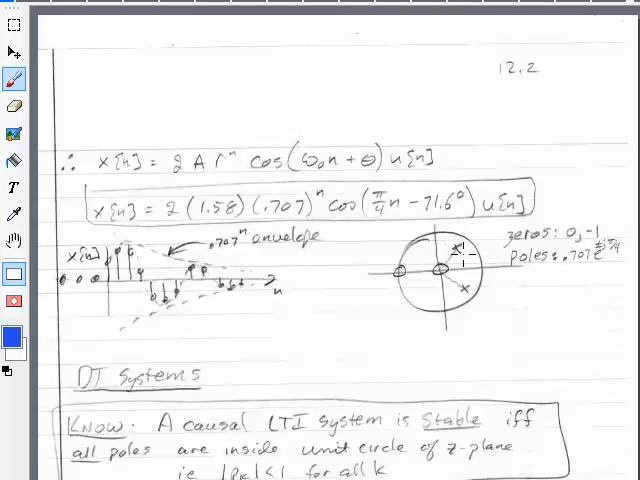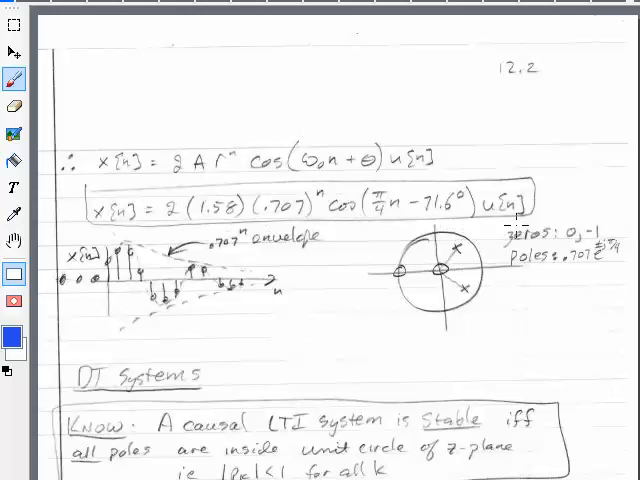So to finish this example, remember we're going to plug in A, R, omega naught, and theta. We got A and theta from the residue. Remember, the residue was 1.58 with an angle of minus 71.6 degrees. And we get R and omega naught, the polar coordinates for the pole. We got 0.707 as the magnitude, and pi over 4 was its angle. And we plug all that